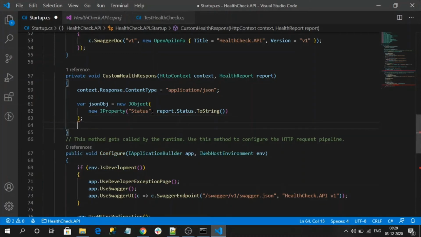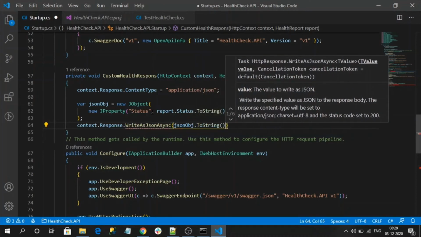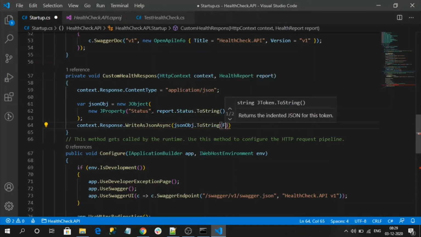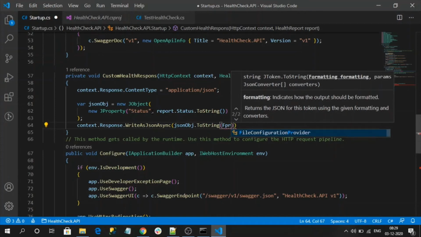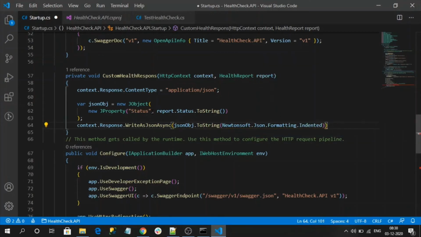So no need to return anything. context.Response.WriteAsync, pass our JSON object .ToString. We need JSON formatting for indentation. I am using this.